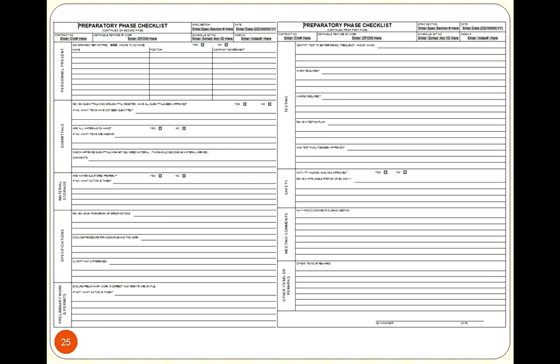If we had any documentation, anything that had been submitted, we might reference that. If there were any special requirements or places that materials needed to be stored, we would try to make sure we had that documented. And if there was anything with permits we had to get done, there was a section specifically related to that, along with any testing, safety considerations, any comments or remarks that were made along the way, or any additional thoughts that may have come out. We would try to document that.